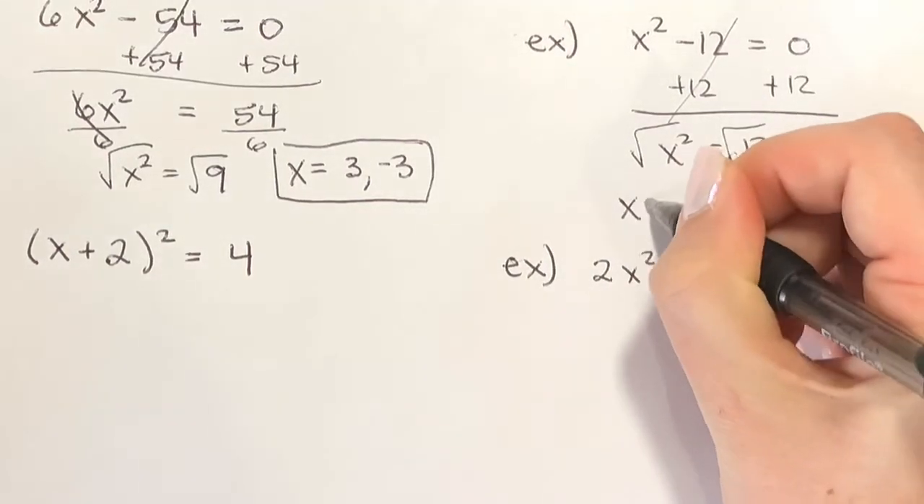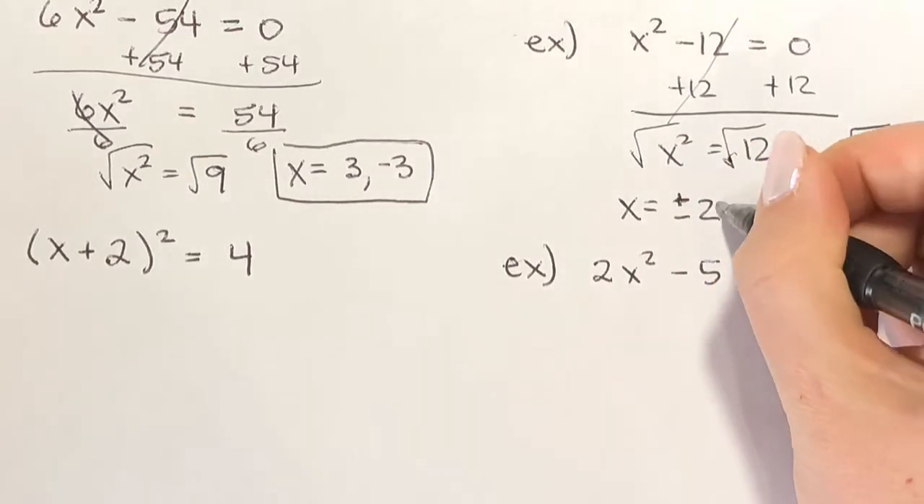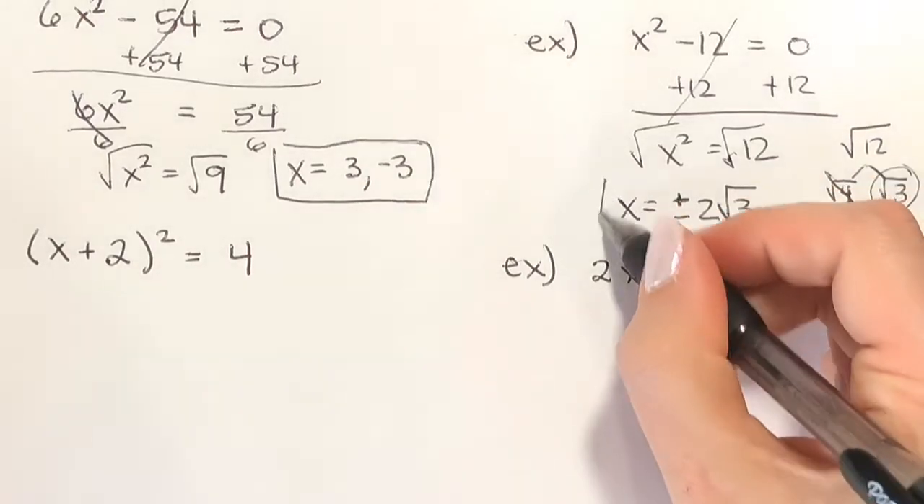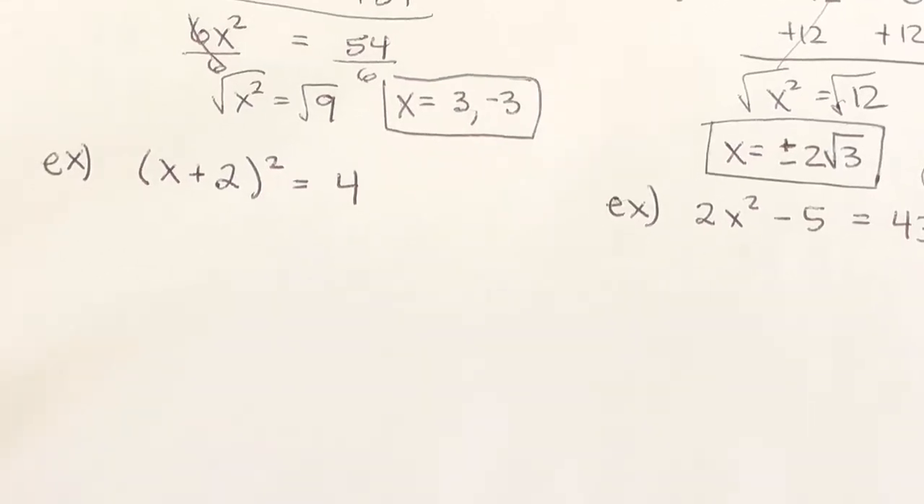And then I'm just going to put the little plus or minus on here. So we have the positive and the negative version of 2 square root 3. And that would be your answer. Okay, so on this one,